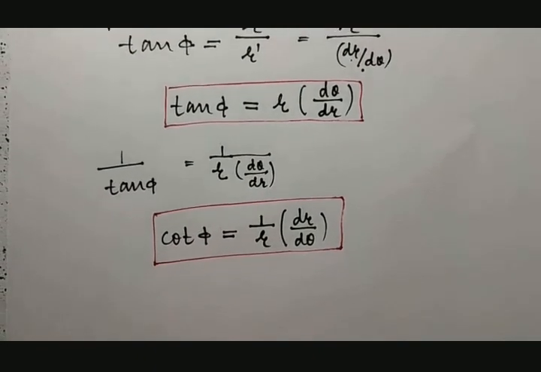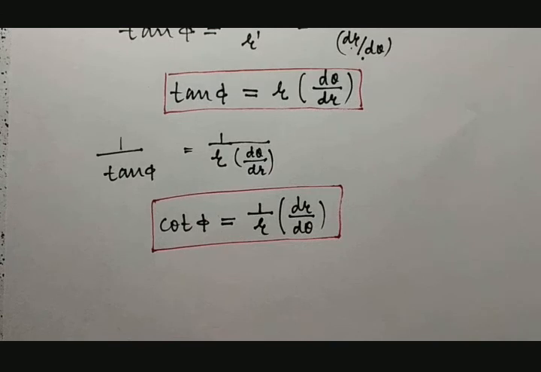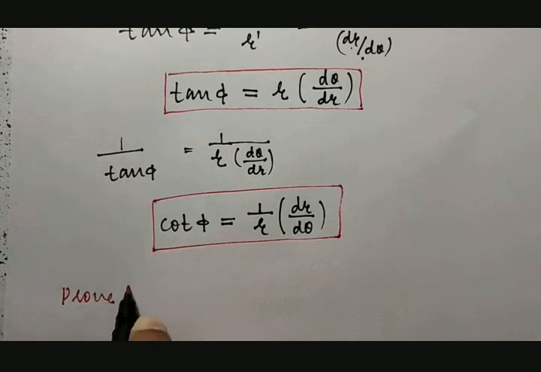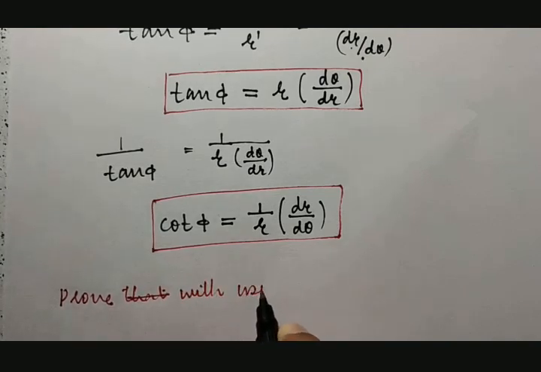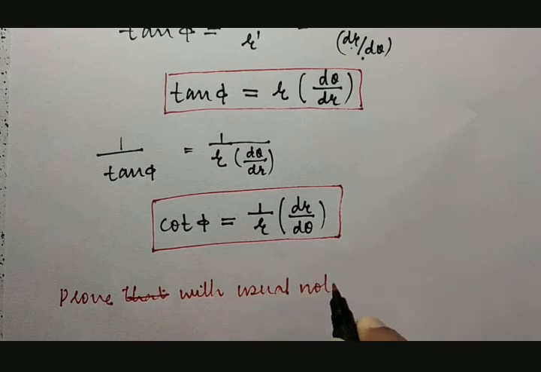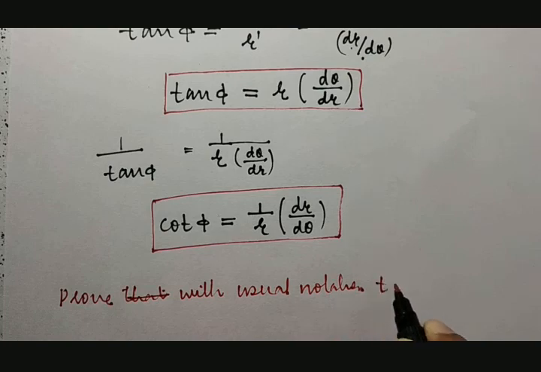Usually when this question appears in the examination, how will it appear? It will appear like prove that, or they say prove with usual notations, tan phi is equal to r into dr by